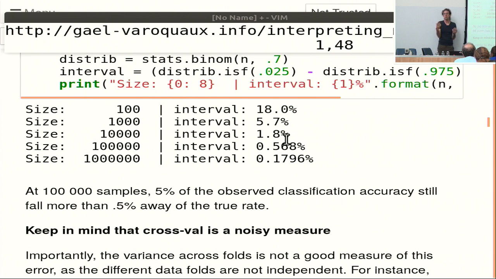So if I do random shuffle split, I can do this as much as I want. I can just increase this number. It's just computationally demanding. This means that I could make any difference significant if I was doing significance testing on this, because I could get n to go to infinity. That's not the case. I could get the number of cross-validations to go to infinity, but I only have n data points. So I will never have more degrees of freedom than my n data points. So the right way to think about this is that